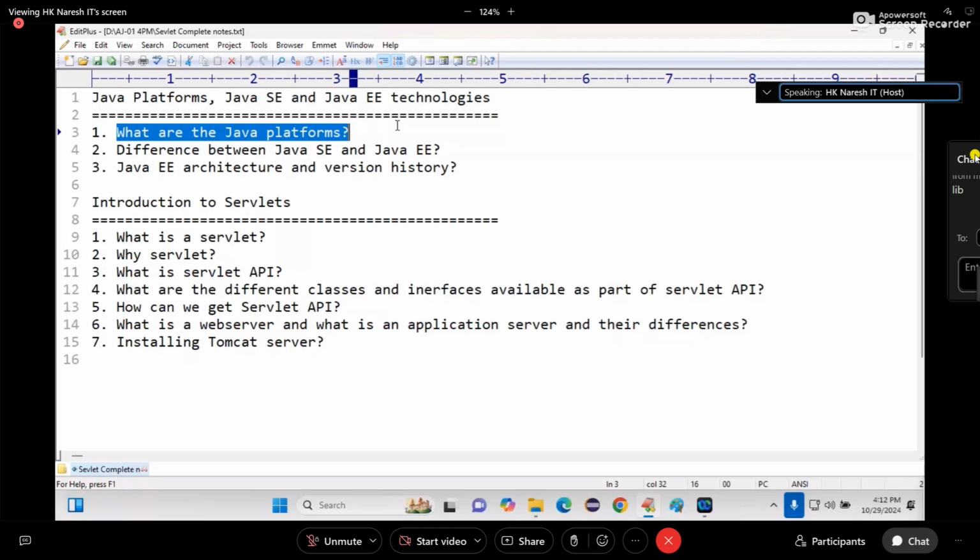The API is provided for implementing functionality to connect to the database, the server and other projects. That's why Java EE is full of only technologies, full of API. API means interfaces, and those interfaces are implemented by different people, database people and server people. Now, what is the final conclusion that should come to your mind from this entire discussion?